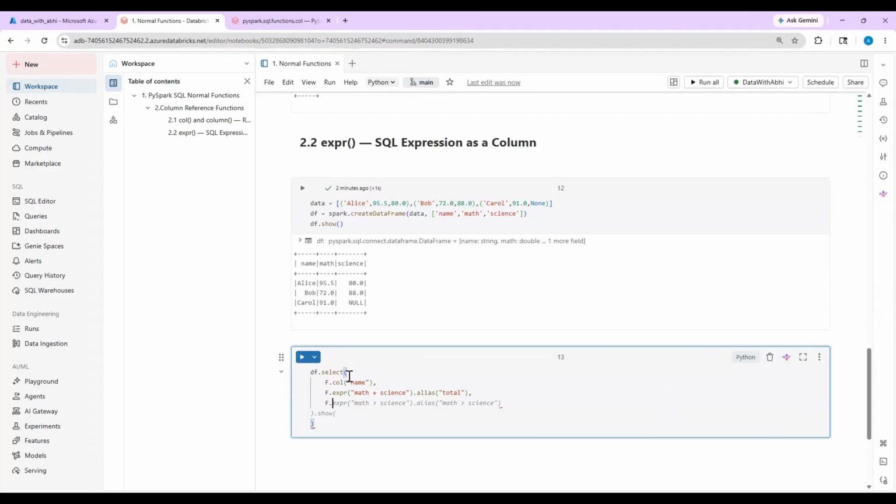So another example can be like expr in bracket. So we can implement the case when logic here. So let's see, if the mark is greater than or equal to 90, then its rating should be A. When the math marks is greater than or equal to 75, then its rating should be B. Else it is C. Okay. So we'll implement this condition as a grade. Okay. So let's write it